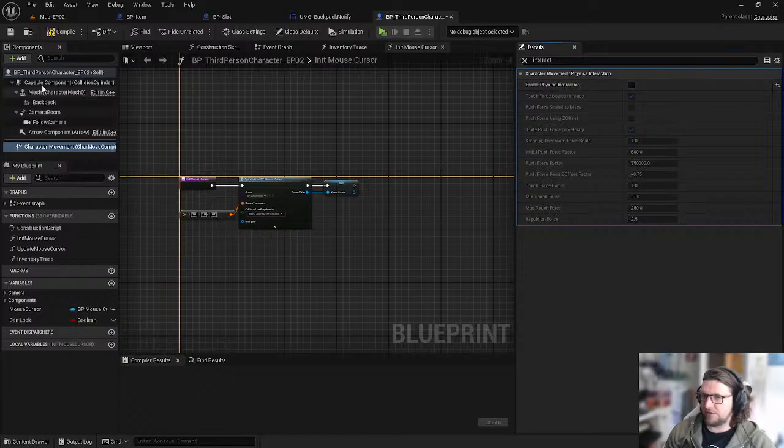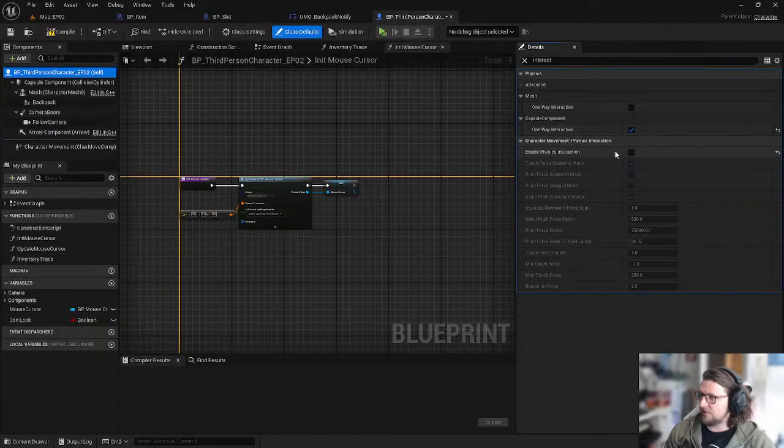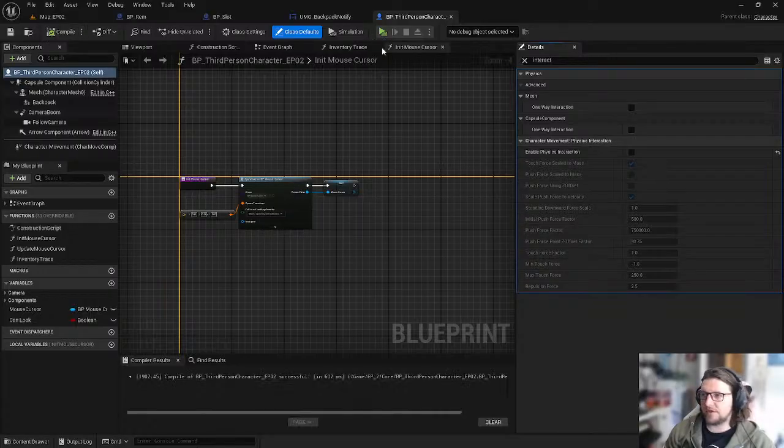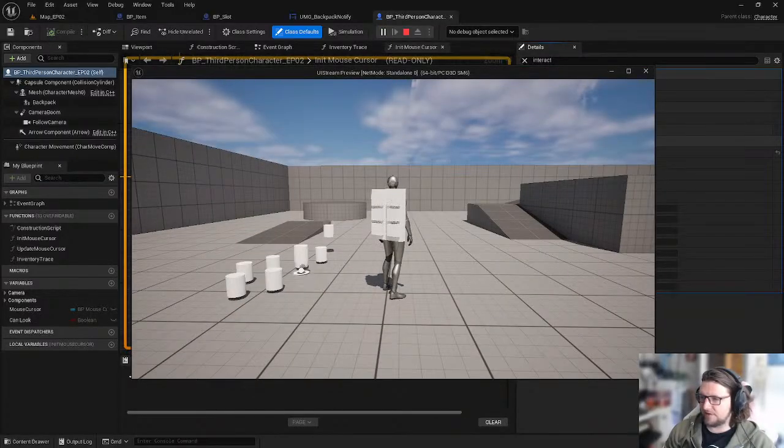Yeah, I don't really want that on. And additionally, I'll reset that one-way interaction because I'm unsure what that does. I mean, it says inside the tooltip, but